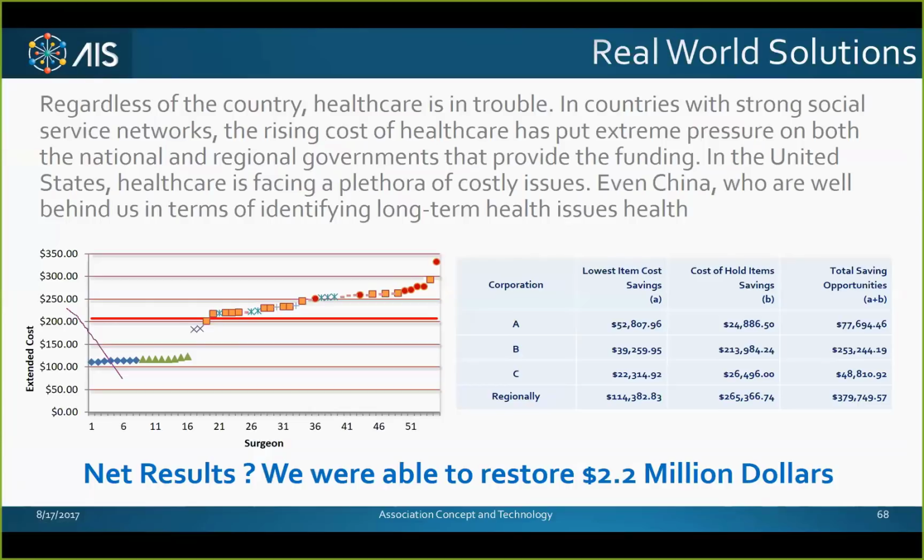So when you extrapolate this, for example, Canada has a $250 billion healthcare budget. And when you extrapolate that we could give them back 15 to 20% of that budget, you're talking somewhere in the neighborhood of $30 billion that they can then restore to the healthcare system. It's rather significant. And again, because of the simplicity of the solution, anyone can do it. We've designed it that way.